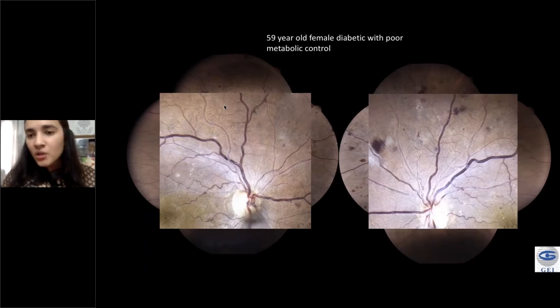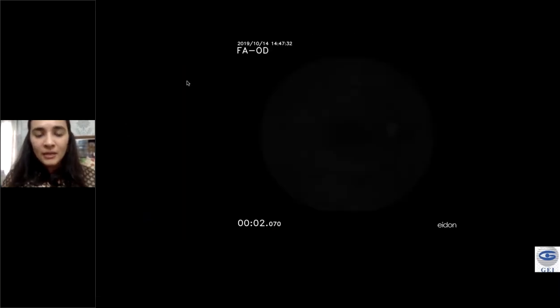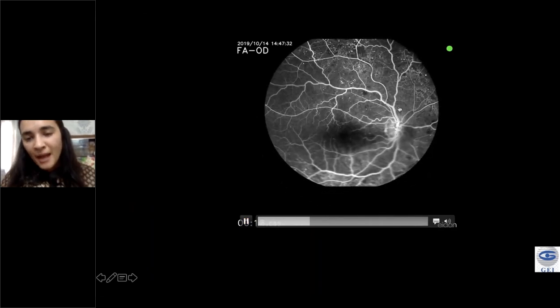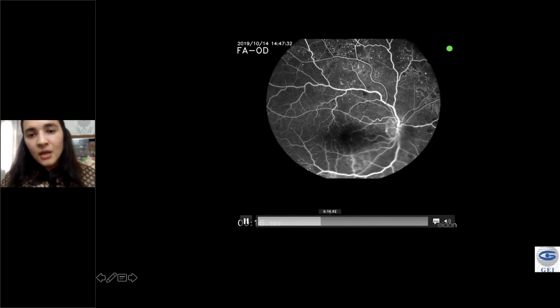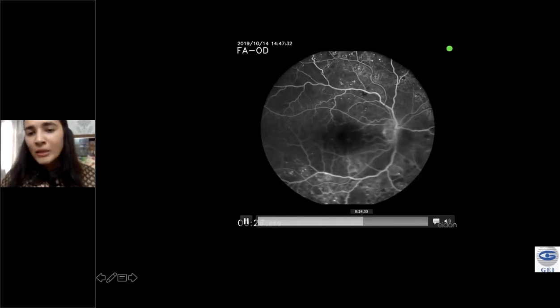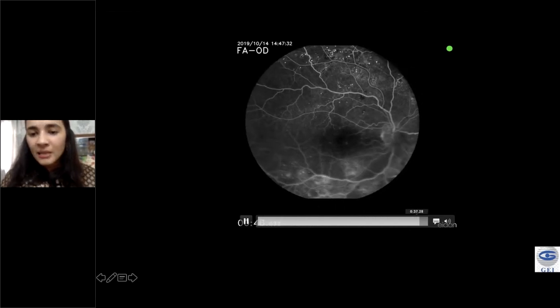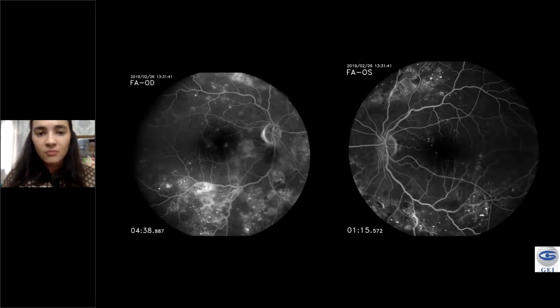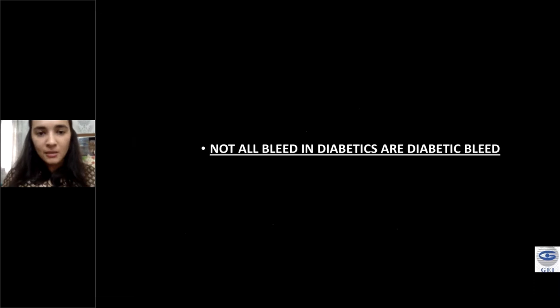Now, is it an NVE or is it an IRMA? It is very difficult to say clinically, though there are certain clinical indicators which may help you. But the best way to identify what we are dealing with is again an angiogram, to differentiate between them. When you focus on the particular patch, right on the superior aspect of the disc, you see the vessels are filling up, but there is no leakage. There is no intense leakage of NVE that we saw in the previous photos. So clearly we are dealing with an IRMA and not an NVE. You don't really need to be so aggressive and ask the patient to get a PRP. Both eyes had bilateral IRMA, severe NPDR, and need strict metabolic control and anti-VEGF if there is macular edema.